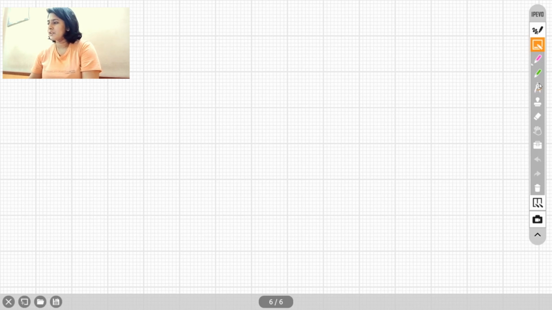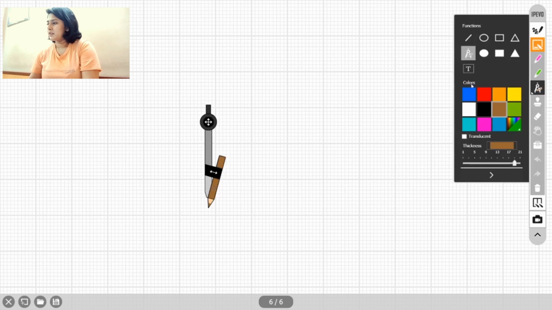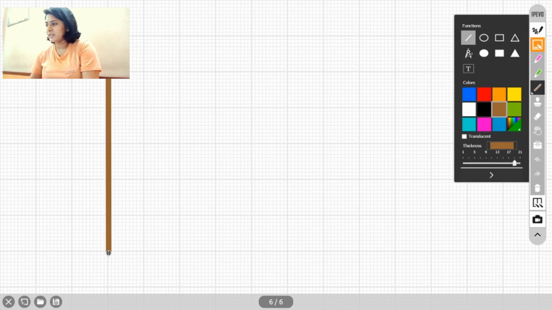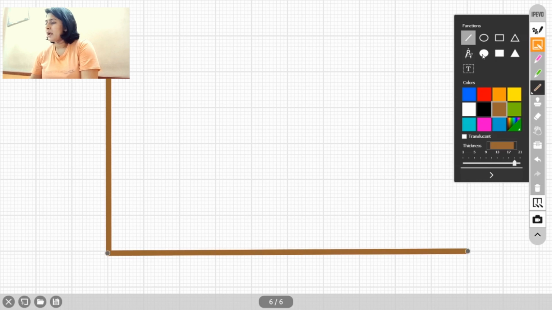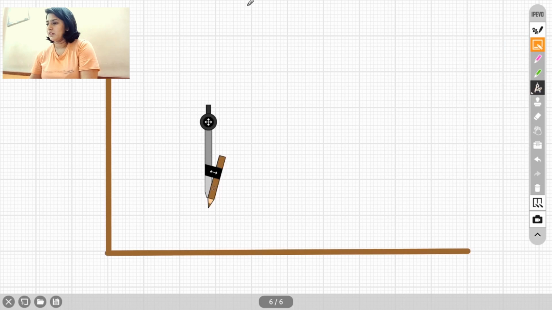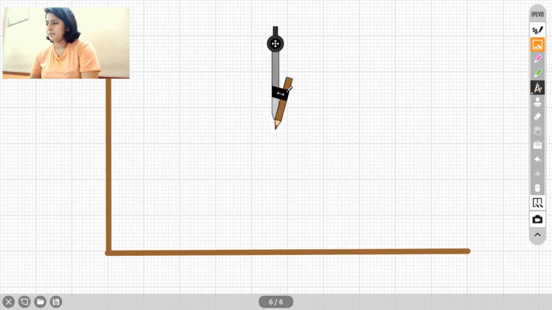So first of all, I'm going to use a line tool and I'll draw lines. It's very easy to show the axis through these grid points we have here, and you can just go over these lines and make axes. So we have our y-axis, we have our x-axis here, and now we need to create an IC curve.